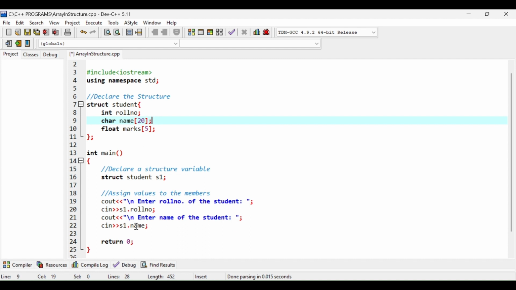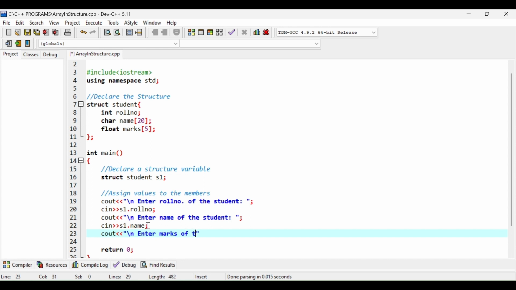Now you remember that char name[20] is a character array. So in case of a character array we can directly type name, we don't need to use any loop, and the compiler is intelligent enough to understand that this is a character array, so we are going to enter a string value only. And finally we have \n, enter marks of the 5 subjects, semicolon.